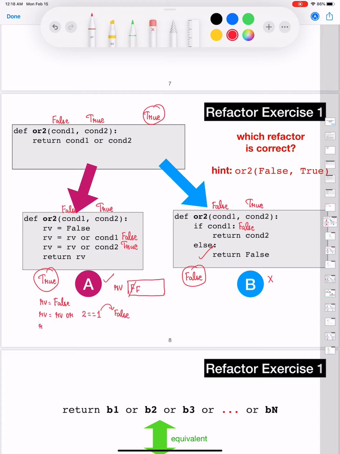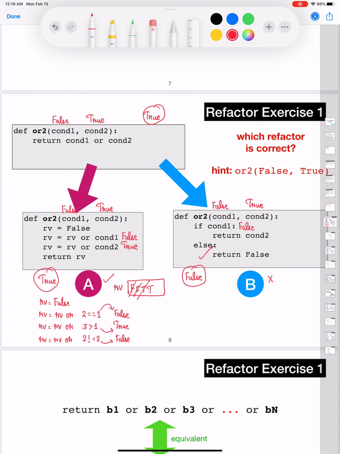The next Boolean expression that I want to go through is RV equal to RV or 3 greater than 1. 3 is greater than 1, so that part is going to evaluate to true. False or true is going to be true, correct? Let's go through one final Boolean expression here. I'm going to say RV equal to RV or 2 not equal to 2. 2 is equal to 2. So this part is going to evaluate to false. But true or false is going to remain to be true, correct?